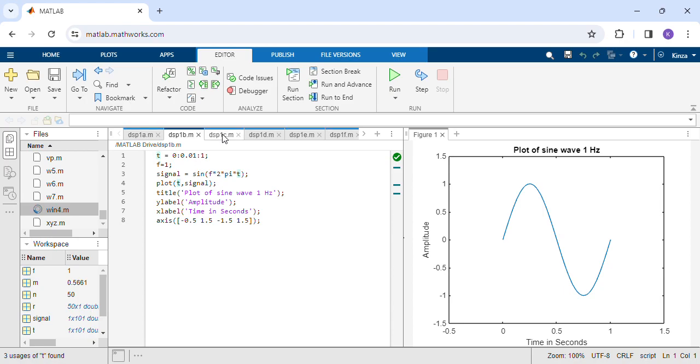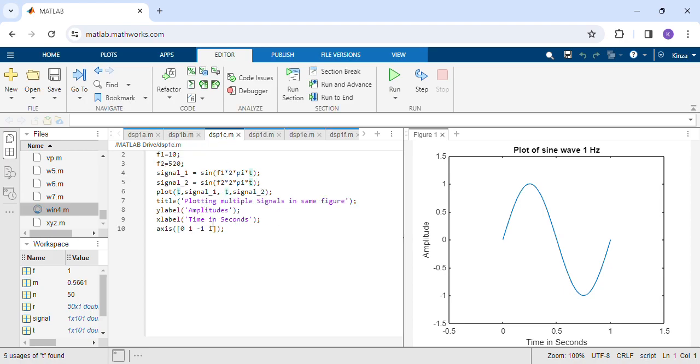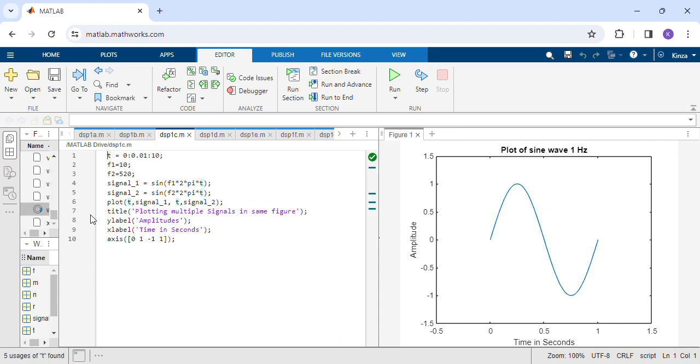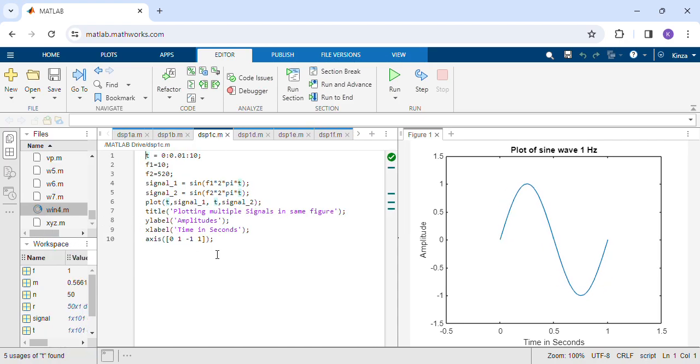Moving towards our next task. In this task, we were asked to plot two signals using the same plot command and in the same graph. Firstly, this time vector ranges from 0 to 10 with a step size of 0.01. Then I have set the frequency of the first signal as 10 Hz and the frequency of the second signal as 520 Hz. So this is my signal 1, which is a sinusoidal sine wave, sine 2 pi ft,